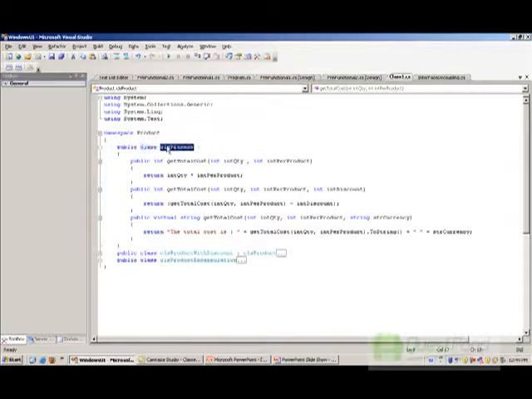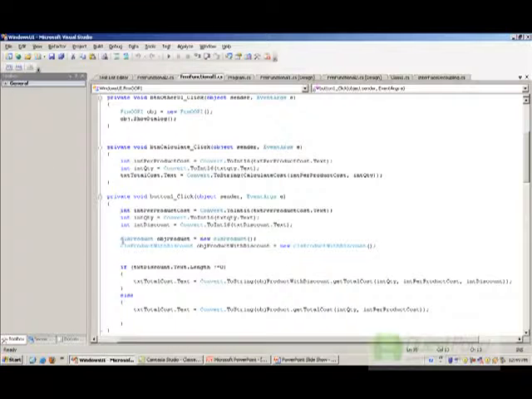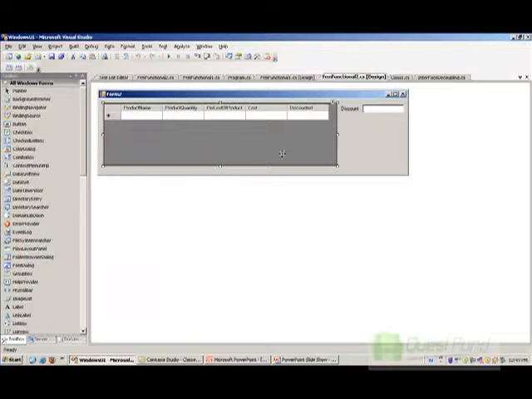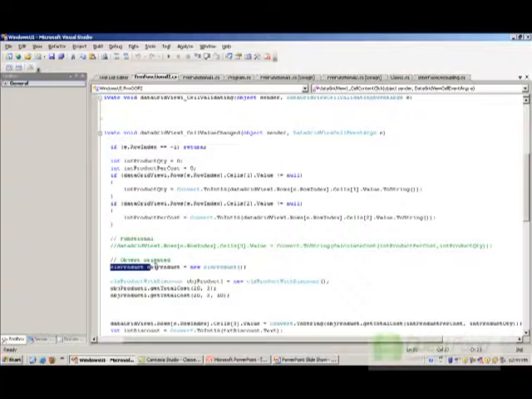So here's the actual code we have. You can see that we have defined a product class called clsProduct with the class keyword, and we have defined a function called getTotalCost, which multiplies the quantity and the per product cost. Now we have two UIs. One is our single entry UI, where we have created the object of product and displayed the value in the text box by using the getTotalCost function. In the same way, in my second screen, where I'm going to do a data grid entry, I have also used my product class.